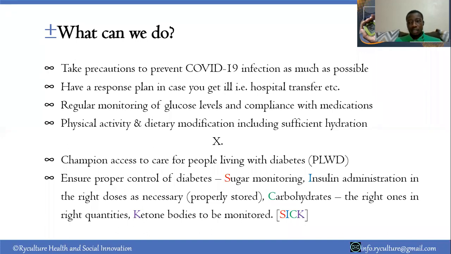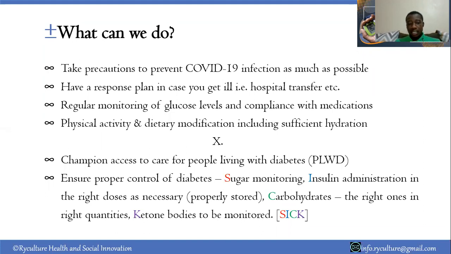Two, for the diabetes now, monitoring of glucose levels. Most of the patients who have diabetes normally have the glucometers and the strips with them at home to monitor their sugar levels, and that will guide them in terms of the amount of insulin that they inject. And you find when the glucose levels are high, it's recommended they inject. When they're lower than the required level, let's say around 4.2, it's not recommended because you might go to hypoglycemia, which is very low sugar levels. And very low sugar levels are not recommended. So we try as much as possible to ensure the body's sugar levels are at the optimum level. So regular monitoring of glucose.